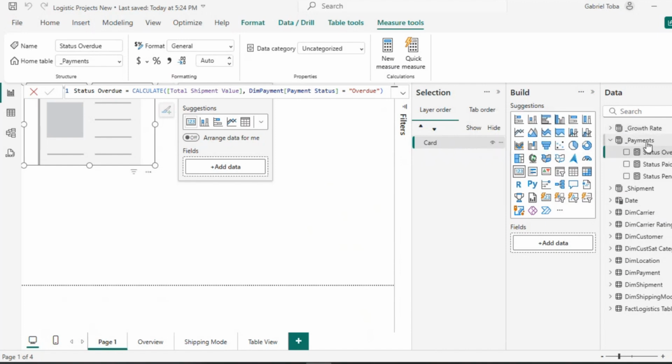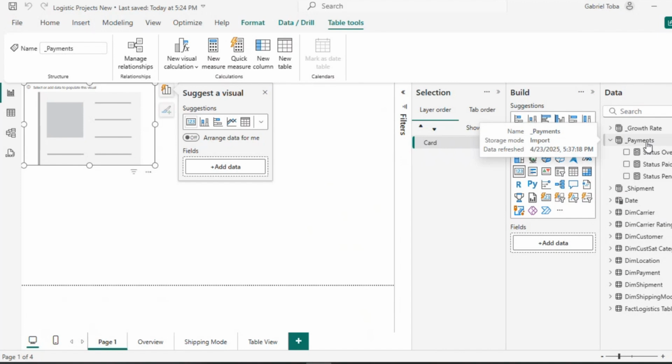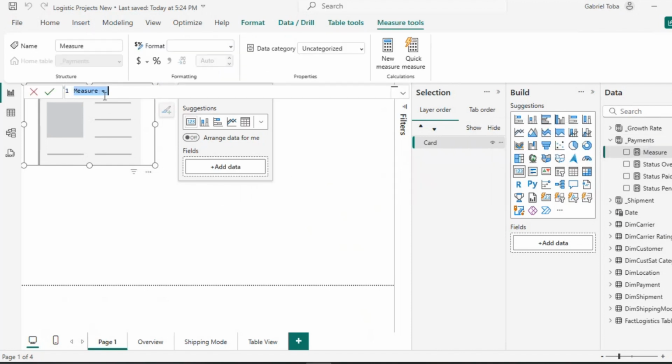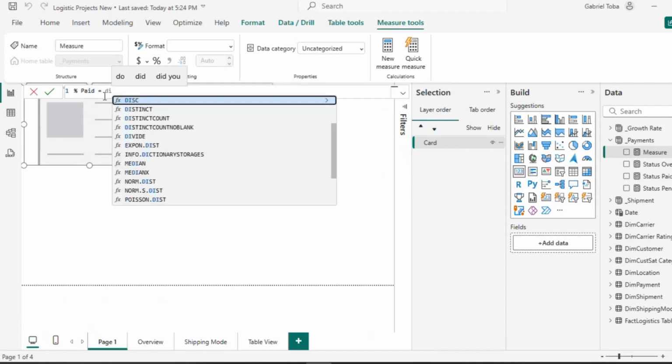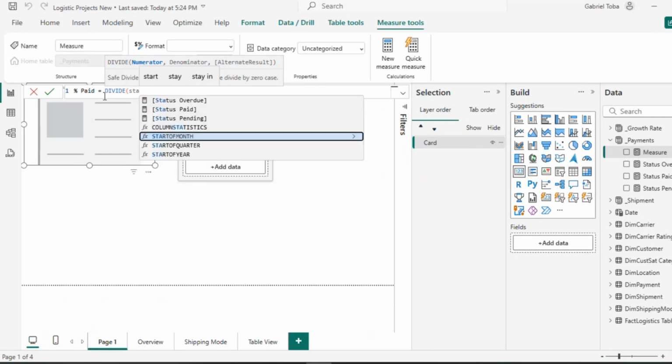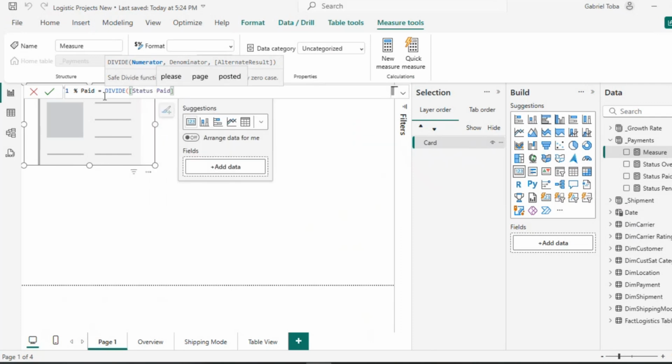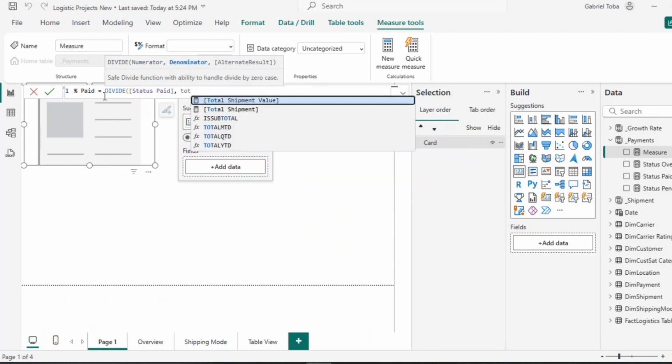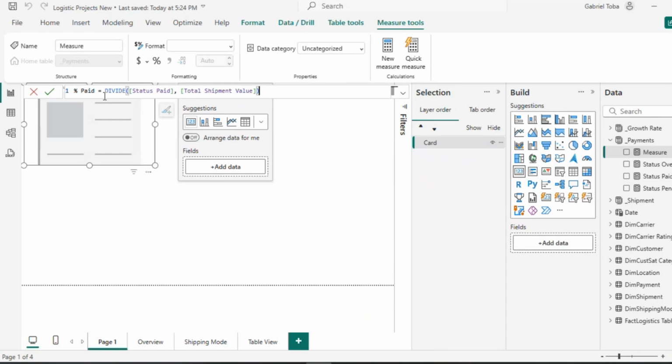Now that I've calculated the three, I want to calculate what percentage of the total value I've been paid. So I'm going to calculate the percentage like we've been doing before. Let's take it as a percentage. So I'm going to write a new measure, and this time I'm going to call it percentage of status paid, and I'm going to say equal to, let's divide. I'm going to divide the status paid by the total shipment value,